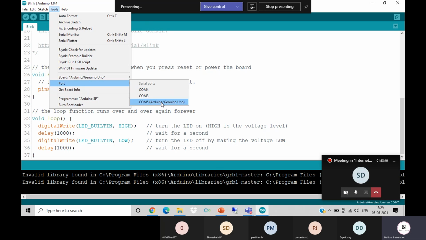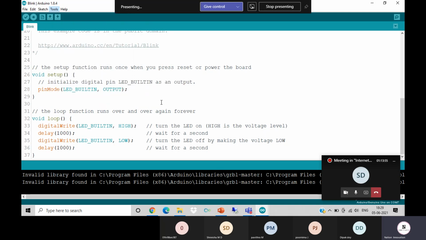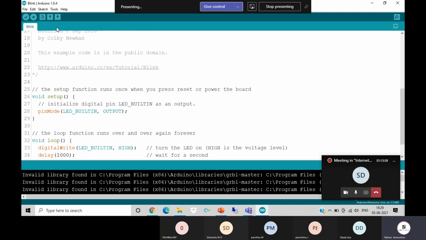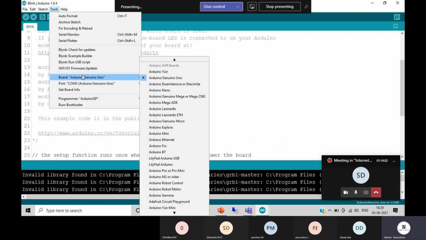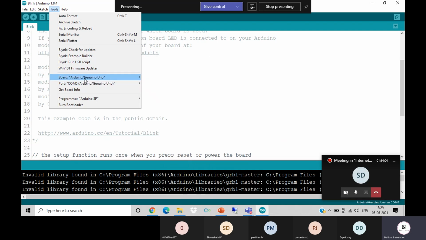The COM port can be different for everyone. It can be COM port 4, 3, 7, 9, 10. For my Arduino Uno it can be 5, sometimes 7. For my Nano it is 9, and for NodeMCU it's 7. This is what I usually get with my boards. I'm going to select this. Fine. So we check again: the board is Arduino Uno, it is correct, and the port is COM5, it is correct.